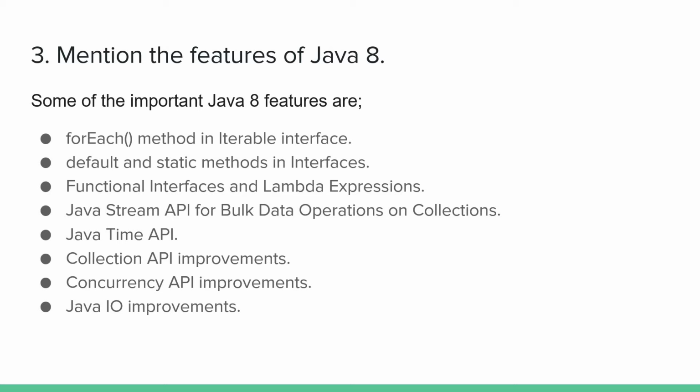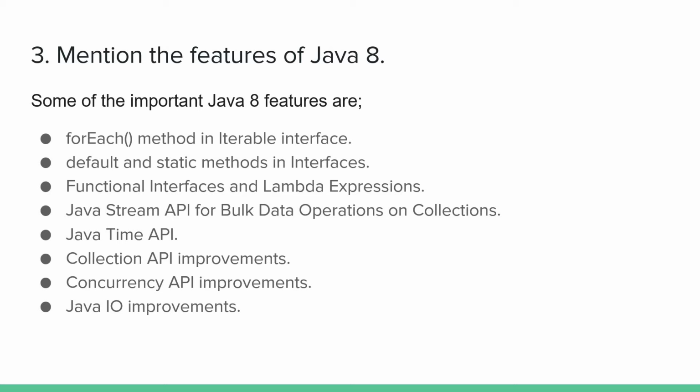Why Java 8? It's one of the most prominent versions, so it is mentioned as Java 8 here. Some of the important Java 8 features are to be discussed, and I'll highlight them. You can go in depth into it later at your convenience. The forEach method in the Iterable interface is included. The default and the static methods in the interfaces, the functional interfaces and the Lambda expressions,